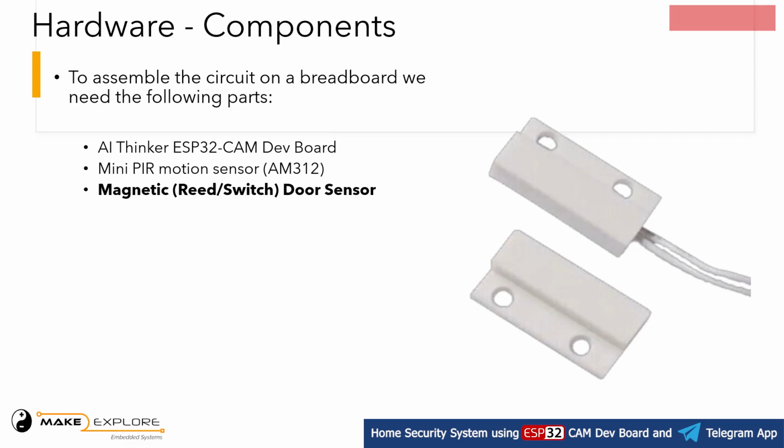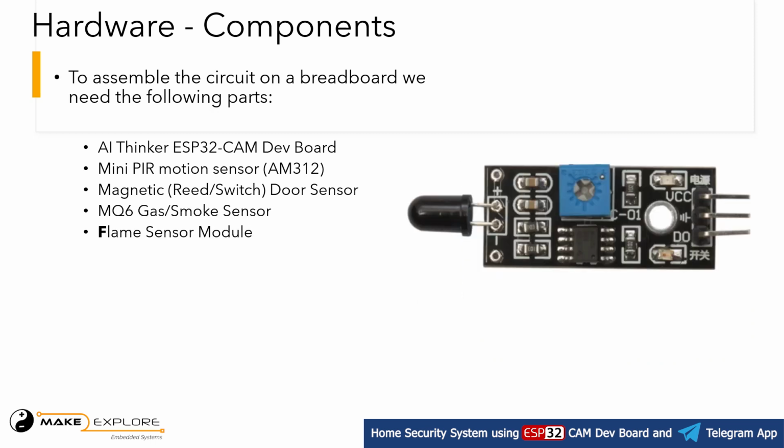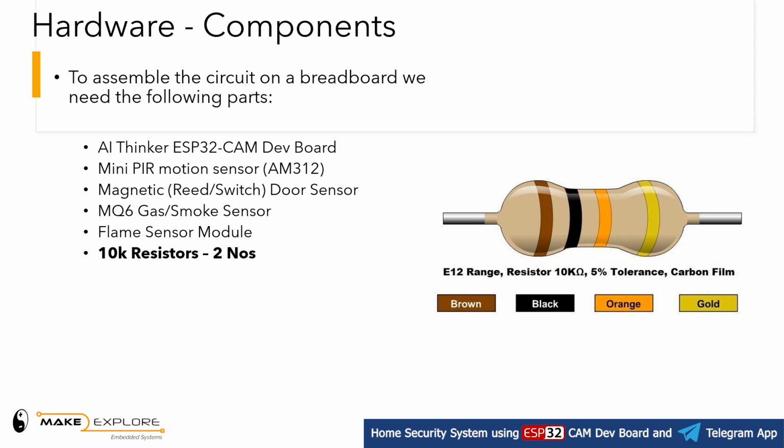Then we will use a magnetic reed switch or door sensor to sense whether the door is open or closed. Then we will use an MQ6 gas or smoke sensor, which is also a liquefied petroleum gas sensor. Then we will also use a flame sensor module to detect fire or flame. Then we will need two 10K resistors to limit the current, which we are going to use for the door switch